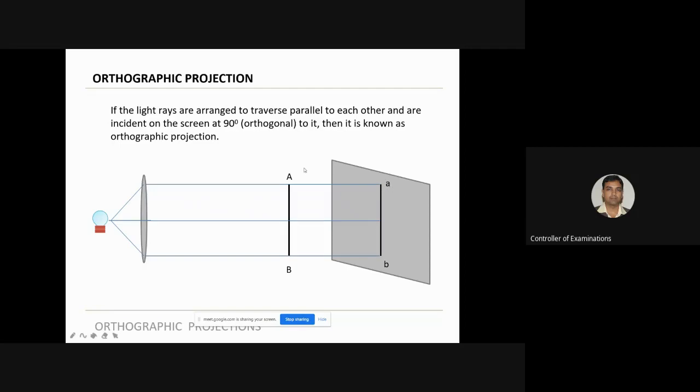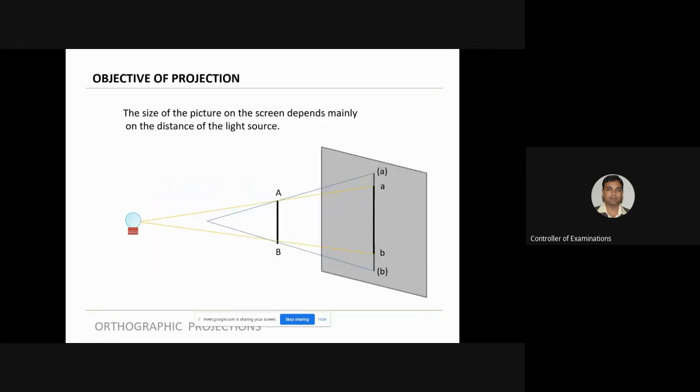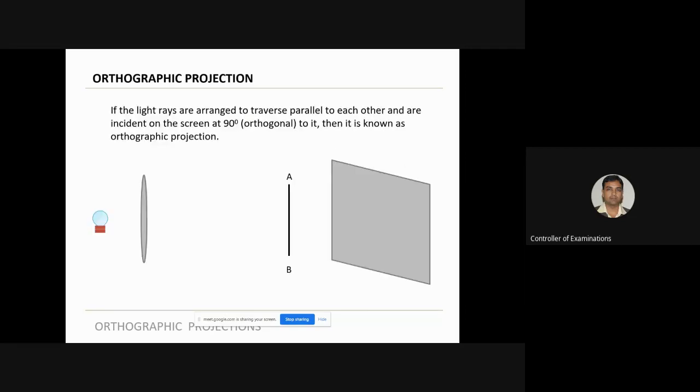You can see this small ab and capital AB, are they the same or different? They are the same. So the size is the same. How is this made possible? Because the rays of light are now parallel to each other. In the previous figures, were they parallel to each other? No, they were at an angle. So what has been done is the light source is taken at some infinite distance, and through a lens you are ensuring that parallel rays of light fall on the object.